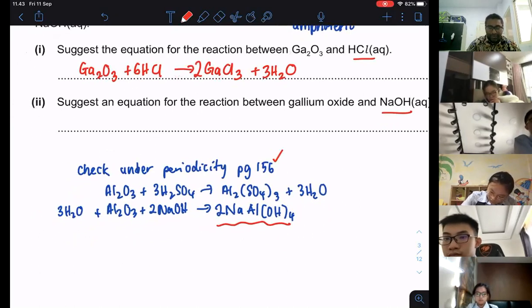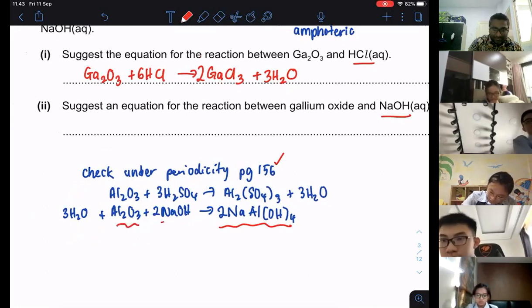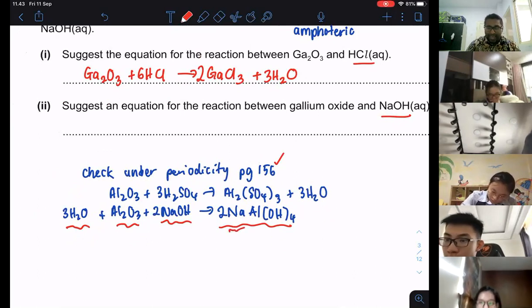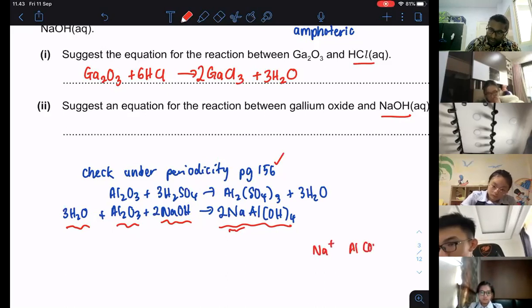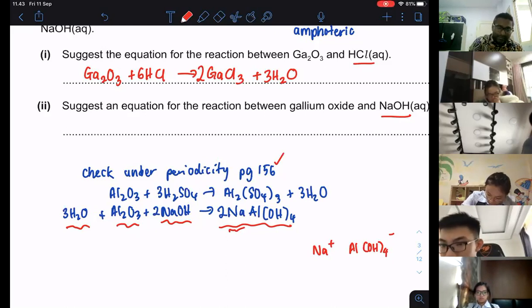Okay, for example, if you have aluminium oxide reacting with sodium hydroxide, it is important to include water. They will actually include water. They will give you sodium, and then the Al(OH)4 minus, which means Na plus and Al(OH)4 minus will join together. So in this case, if we try to replicate the same thing over here, it will look like this: